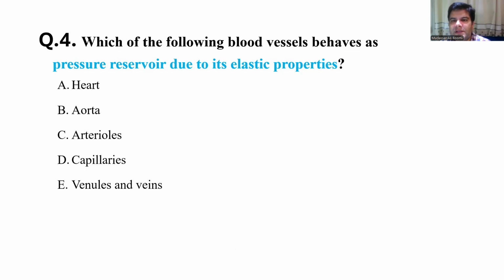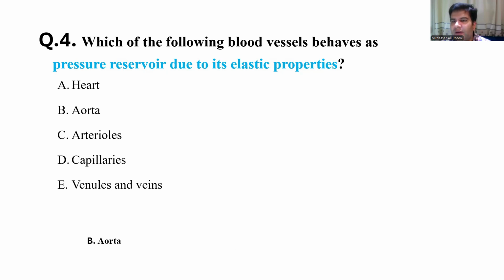Which of the following blood vessels behaves as pressure reservoir due to its elastic properties? Options are heart, aorta, arterioles, capillaries, venules, and veins. So the answer is aorta. Aorta, because it's an elastic artery, it has got a lot of elastic fibers in its wall, so it